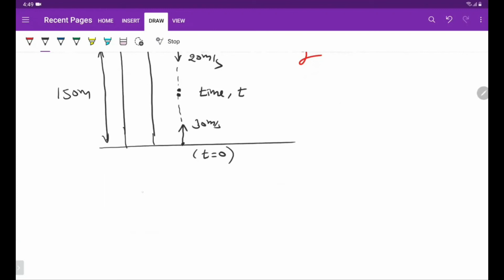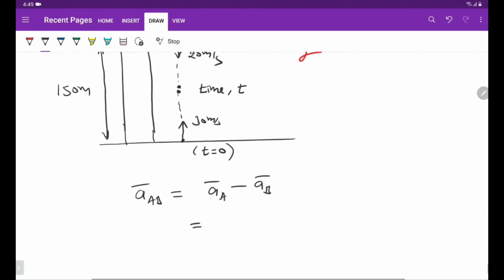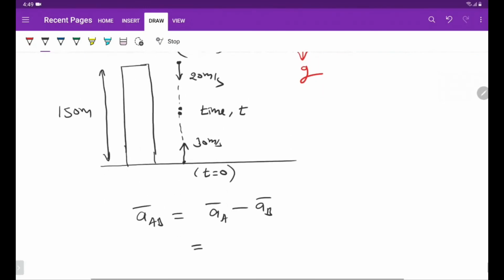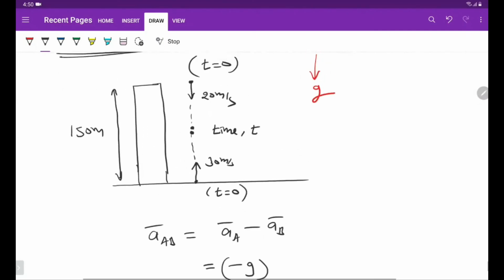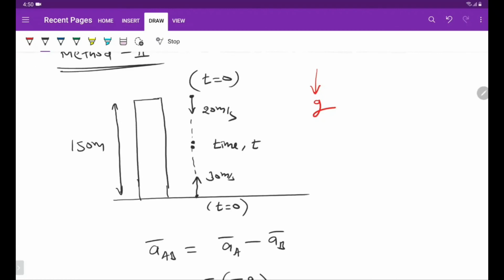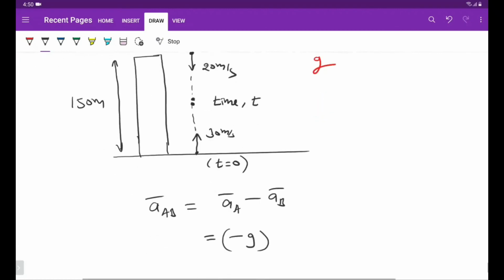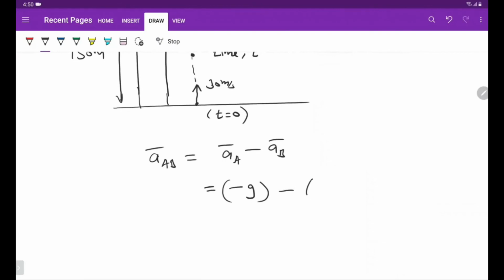So here, the acceleration of A with respect to B, how much? Acceleration of A minus acceleration of B, we can write using this formula. Just like velocity, we can also write acceleration. Acceleration is equal to the acceleration of A, downward direction, minus g. See, once both balls are in the air, gravity is always downward. So on ball A it is downward and on ball B also gravity is downward. So both will get cancelled. So we get 0. The acceleration of A with respect to B is 0.